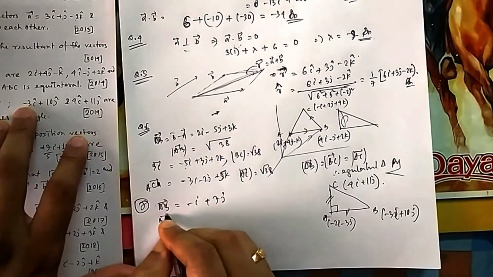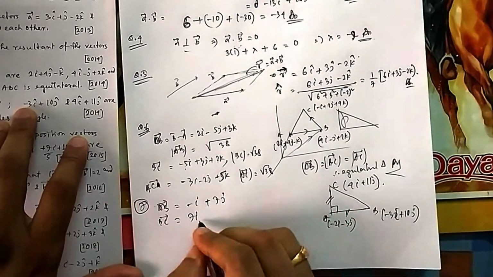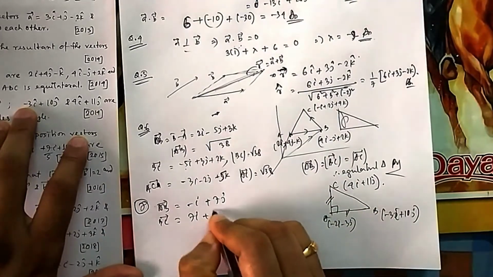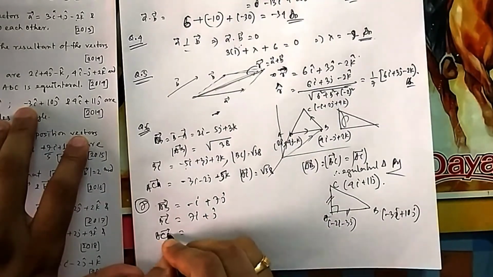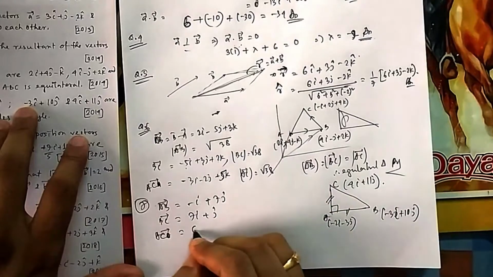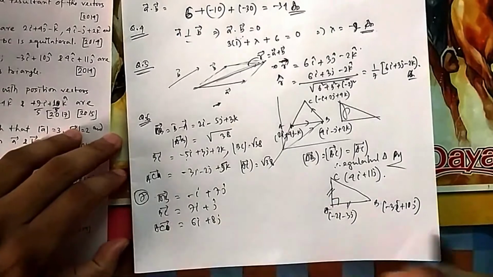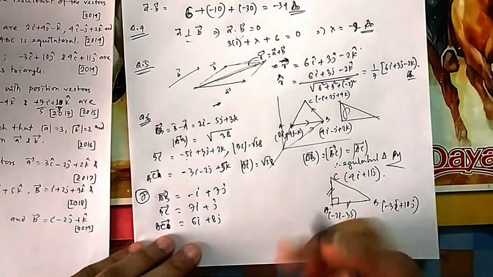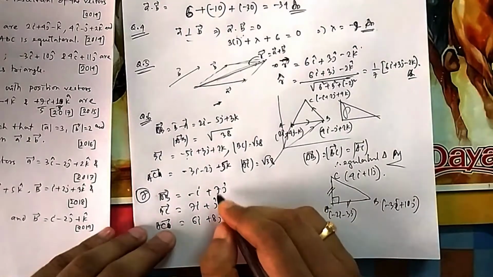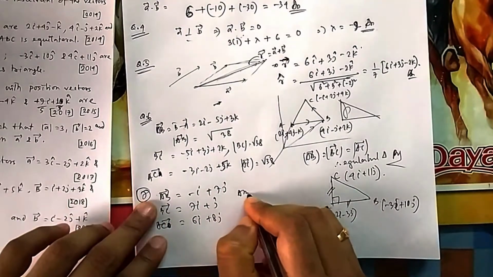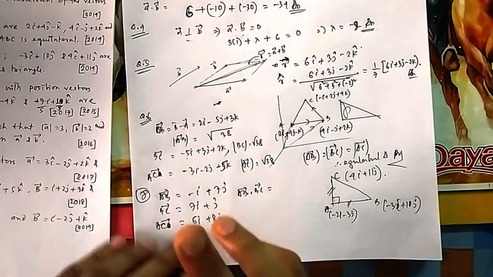If you calculate your BC vector, C minus B, it will be 7i plus 11 minus 10, j. Then if you calculate your CA or AC vector, let me calculate AC, C minus A. Again, direction doesn't matter, you take AC or CA, because you will take the dot product, and it should be 0. Which one has dot product 0, I don't know, so let us calculate. If I take AB dot BC, only one dot should be 0.